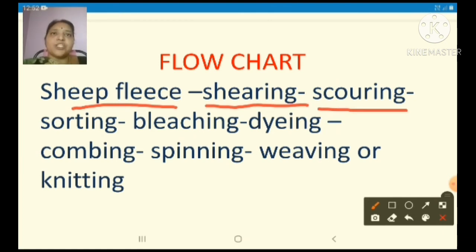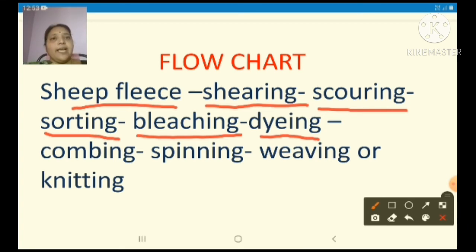We are washing the wool to remove the grease and dirt, and then it is sorting. We are separating the coarse and soft hair and long and broken hair, and then the next step is bleaching, where we are removing the color from the hair, and then it is dyeing, where we are adding beautiful colors